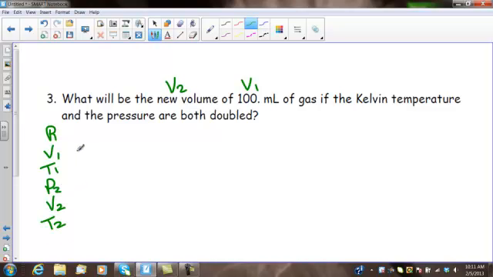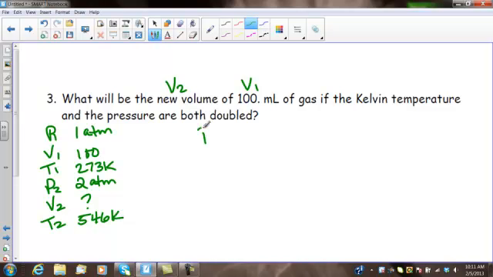We know our volume is 100. Let's pick a starting pressure and temperature. Let's use standard conditions. So P1 is 1 atm. Standard temperature is 273 Kelvin. They want to know what's going to happen to V2 if I double my pressure and temperature. So simply pick the pressure that you started with, it could be any pressure, and double it, so 2 atm. Whatever your starting temperature was, you can pick whatever temperature you want, double it,